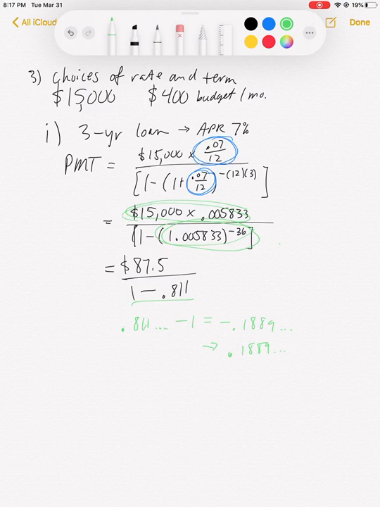All right, so this long number is in my calculator now, and I need to take that number and put 87.5 divided by it. Okay, so instead of doing that, I'm going to do 0.1889, and I'm going to divide it by 87.5. Now this is the opposite division way, but if I divide it by 87.5,